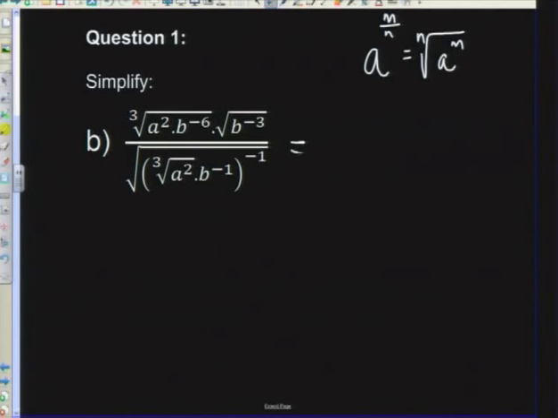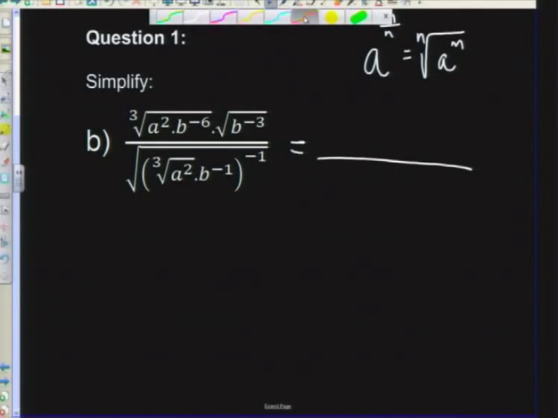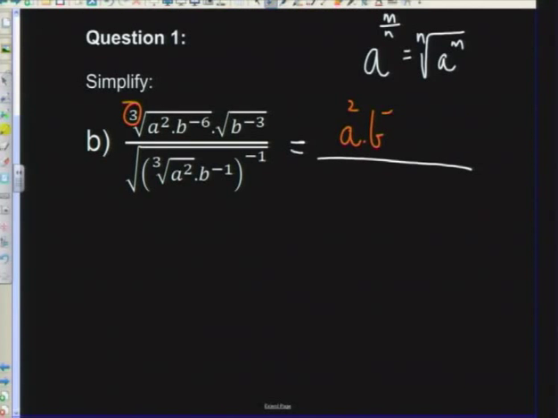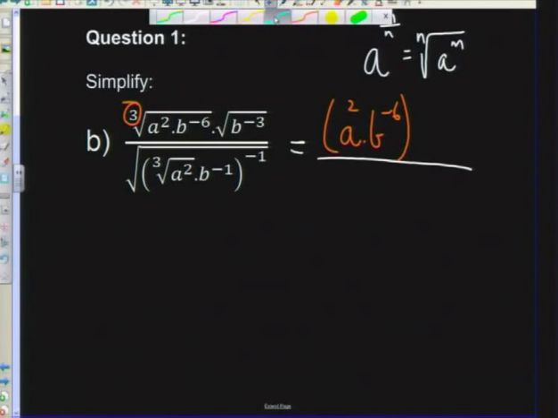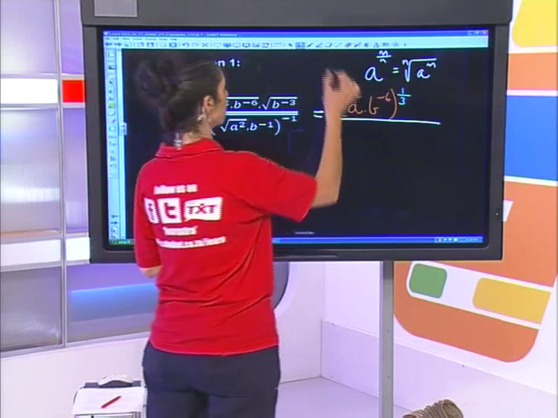So, everybody out there, let's do this together. We've got a cube root over here. So, we've got a squared times a b to the minus 6, all to the power of the cube root, so it's to the power of a third. And notice what I'm doing now. I'm writing the product that's underneath the root first, and I'm raising it to the root, which is a third. And I'm multiplying that by,